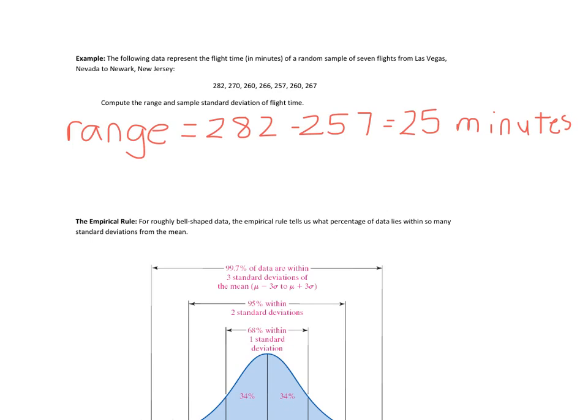All right. And now let's see, this is a sample. So what's the sample standard deviation? What symbol do we use? S. So here's how to find S. And we'll make a short video in just a second. But how we find S starts off the same way as finding the mean and median. So if you remember, we have to put